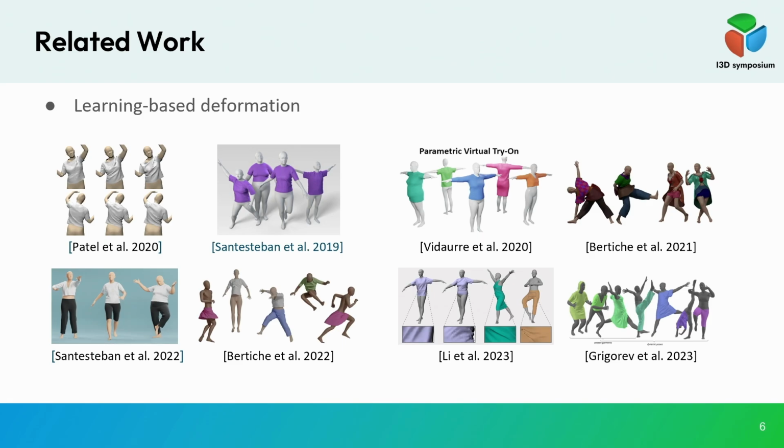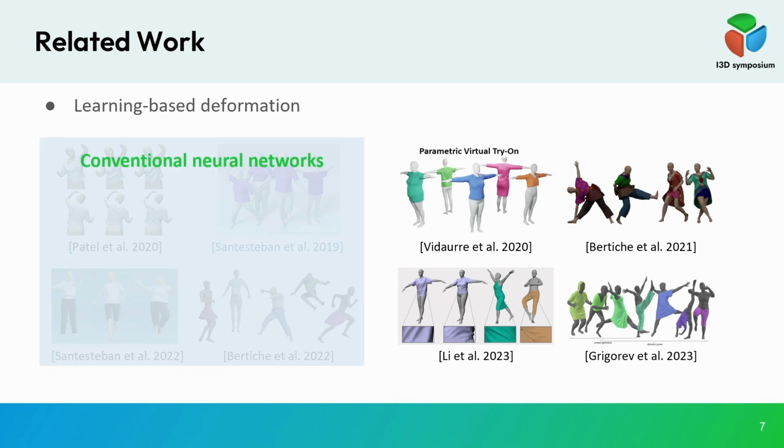Recently, learning-based methods for simulating garment deformations have gained popularity in the field. Researchers are exploring how to include realistic details and movement when dressing up parameterized human models, with the goal of making cloth animation look even more lifelike. Some of these methods use conventional neural network structures such as fully connected layers, which allows for the quick generation of deformation results.